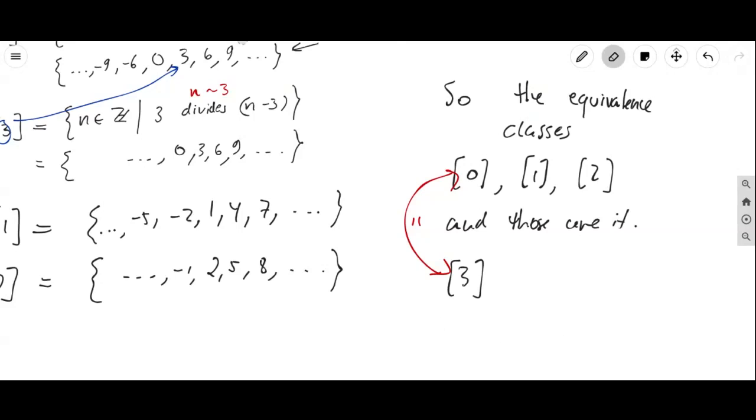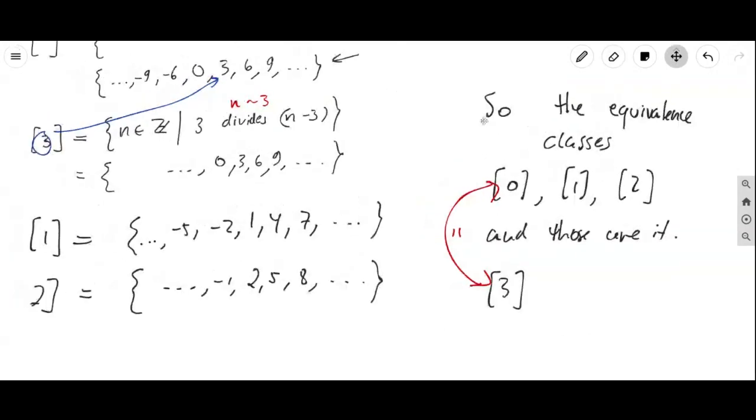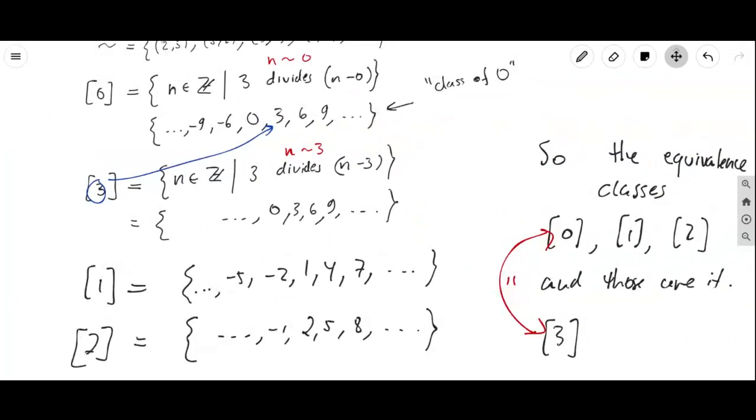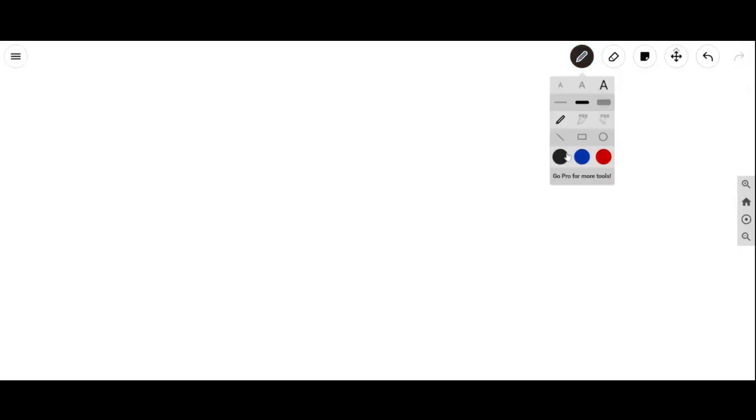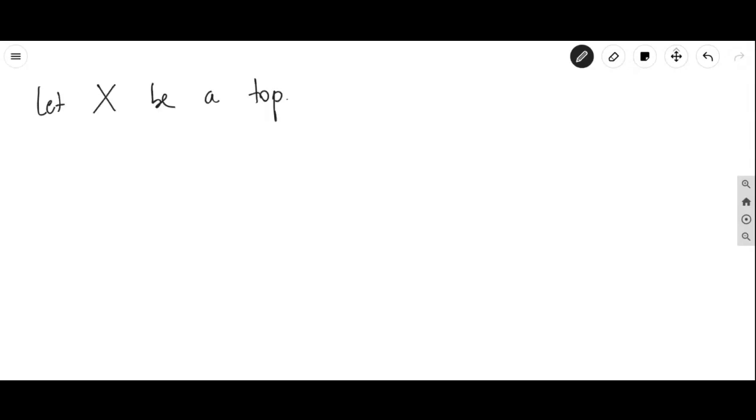So this is like a nice, fairly simple example that illustrates this idea of an equivalence relation and how the classes that you get from the equivalence relation, they partition your set. And now we're going to do something very similar in topology. So we're going to apply this to a topological space. So now this is what we're going to do. We're going to say let X be a topological space and tilde an equivalence relation